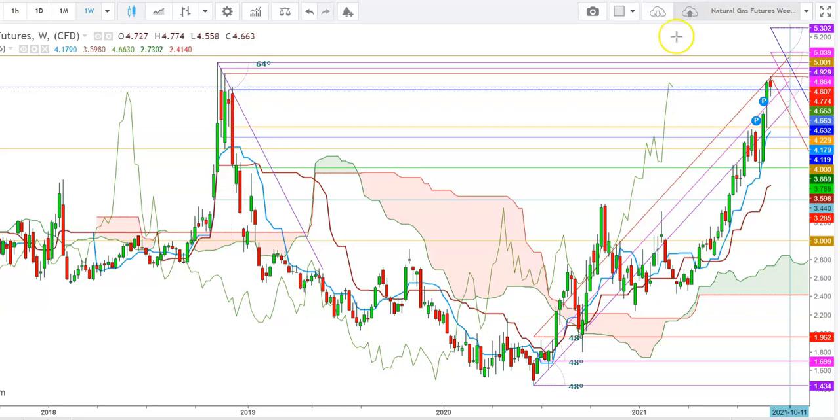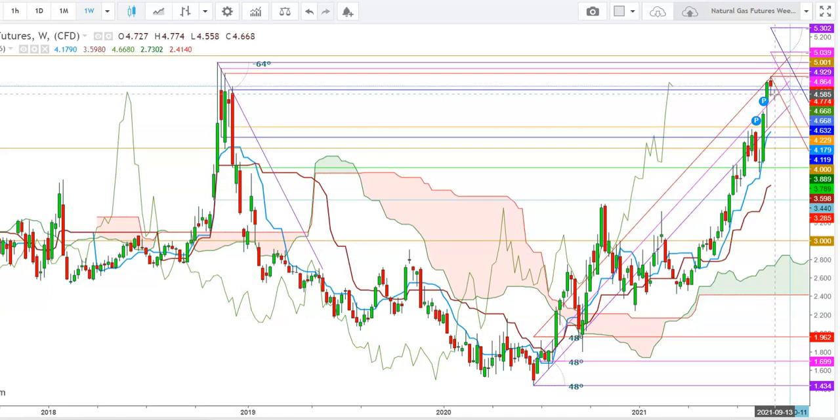So friends, here I find that the level of 4.632 seems to be an immediate support, because here a sustained move below this long-term psychological support could turn out to be devastating for the natural gas futures during the upcoming week. So friends, during this week, the natural gas futures could try to defend this immediate support, because this move could turn out to be a nightmare for natural gas bulls,